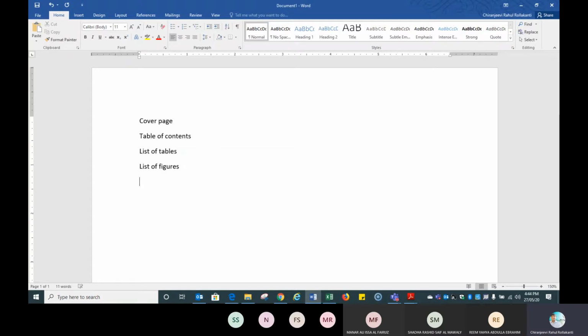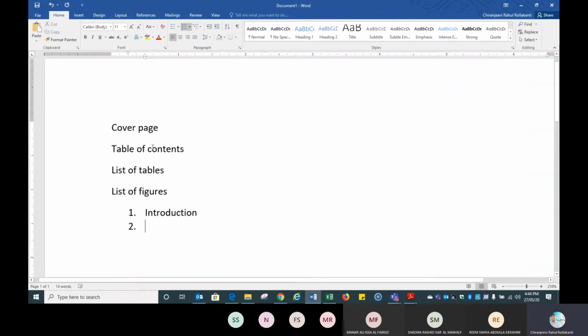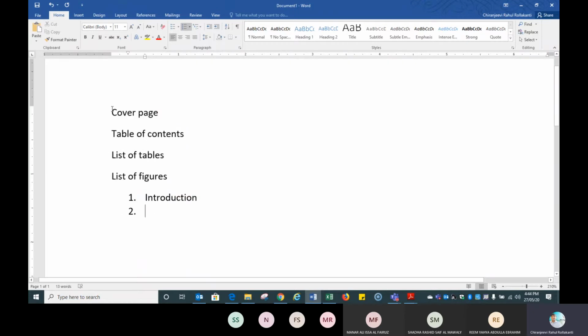After this, they start with the introduction, the report format. This is how you check whether students are submitting the cover page, table of contents, list of tables, and list of figures.